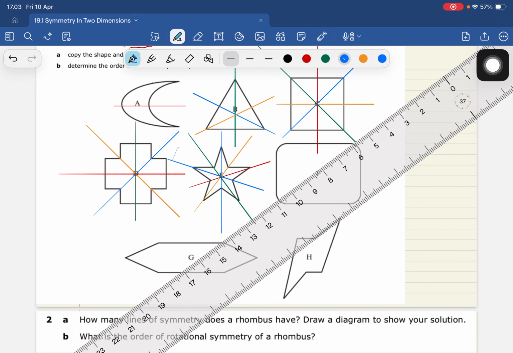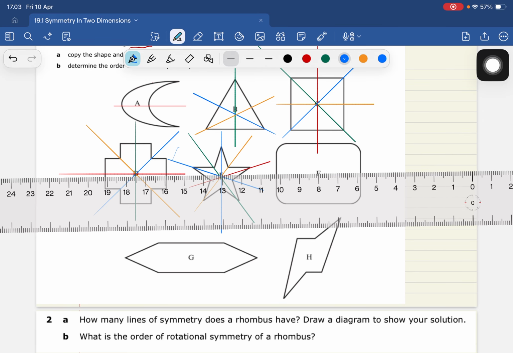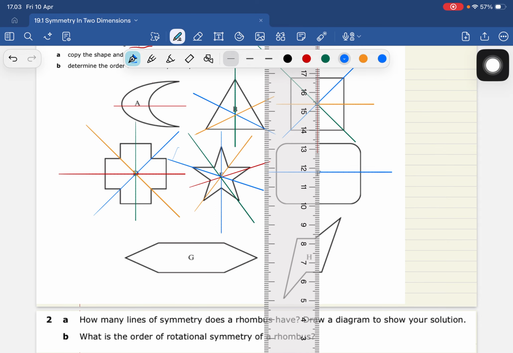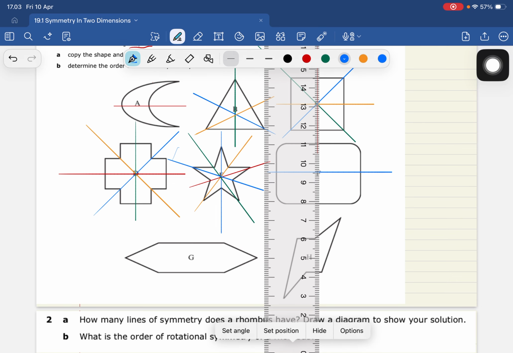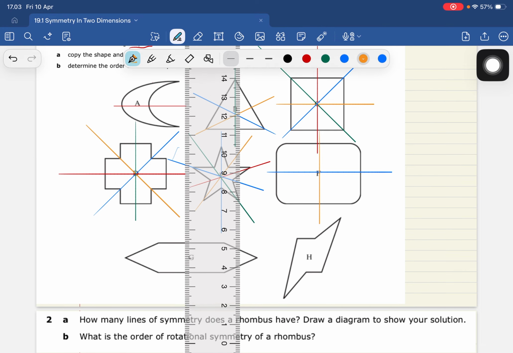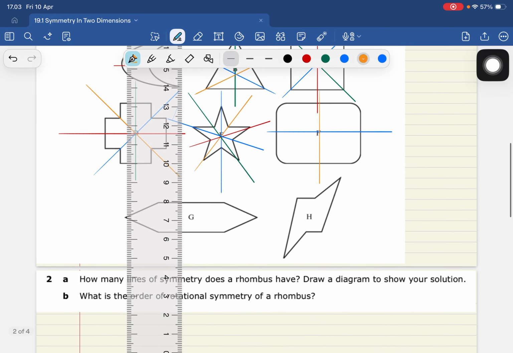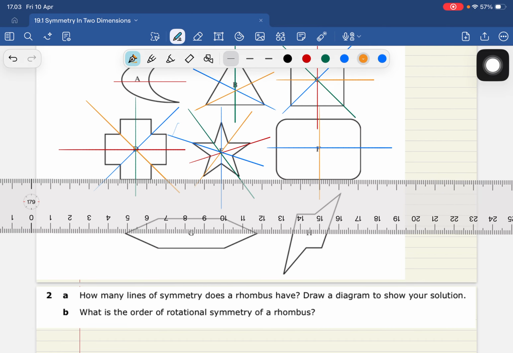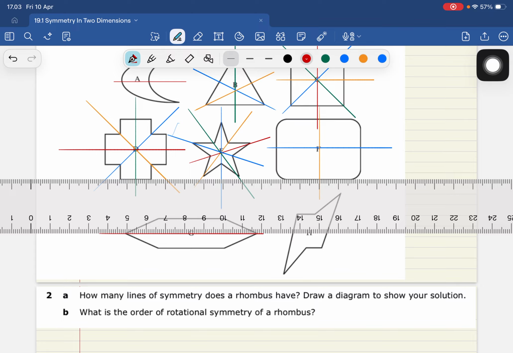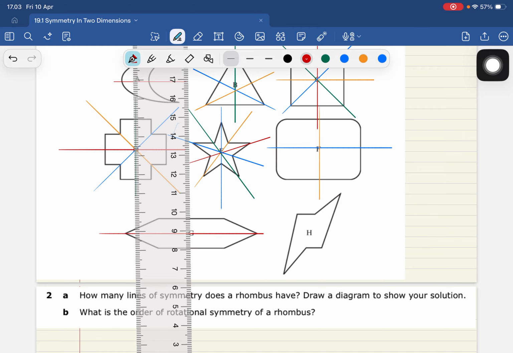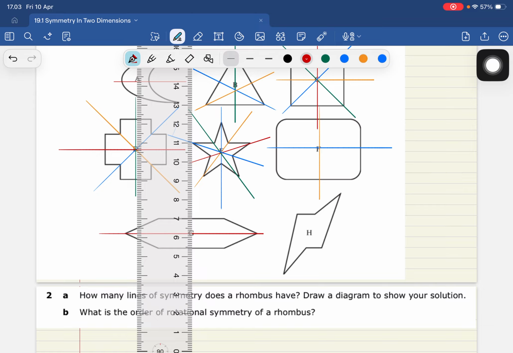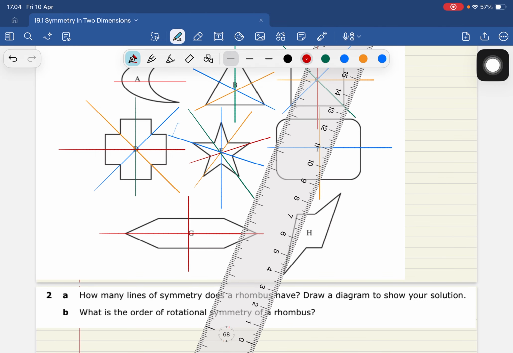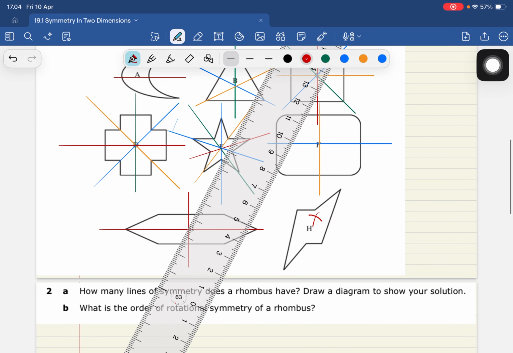F has the diagonal. We cannot make it symmetric, so we can just make it up and down here first. And the second. Next, G. Up and down. Here is not symmetric when we cut it, so we can make it this first symmetry line. And here is the second symmetry line. H. Can we cut somehow? Yeah, H has no symmetry line.